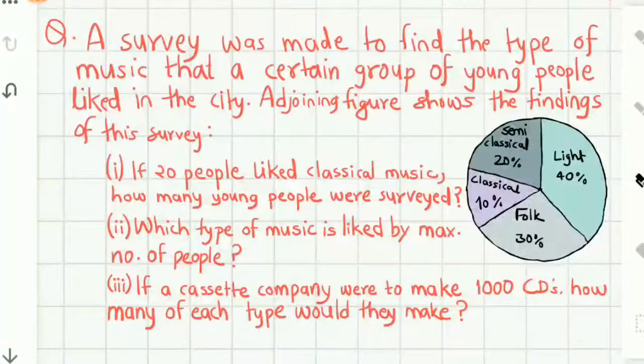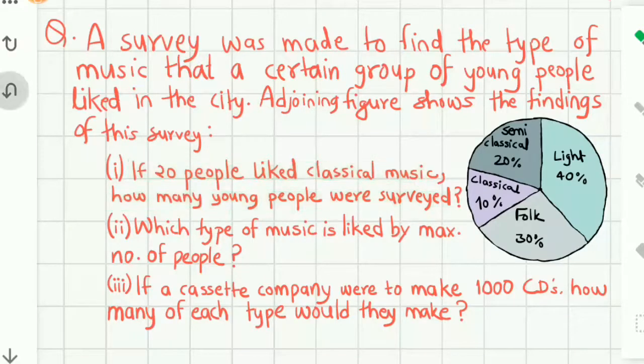Now the next question. It's said here that a survey was made to find a type of music that a certain group of young people liked in the city. This pie chart here shows the findings of this survey. So the first question is, if 20 people liked classical music, how many young people were surveyed? So what you do is,